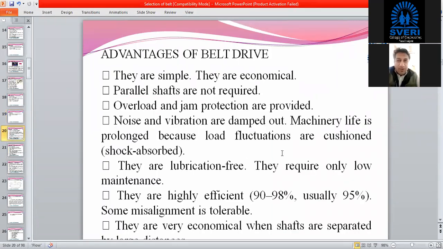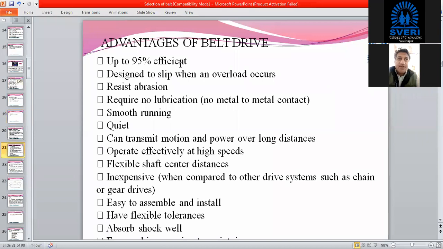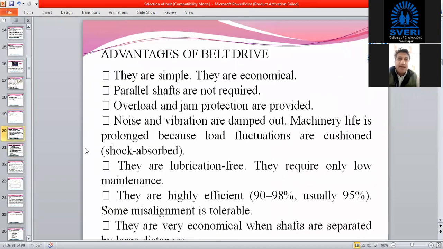Now, we can write the overall advantages of belt drives, and the overall disadvantages of belt drives also. Individual advantages and disadvantages which we have seen for the flat belt, V belt, grooved belts, and also the round belt can all be combined together, and that can be considered the overall advantages of the belt drive, or the chain drive, rope drive or gear drive, where power transmission is taking place. So one by one, we'll see some of the advantages of the belt drive.